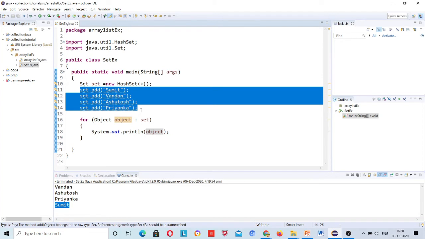You can cross check this by implementing it in your systems. In technical terms you have to answer: list preserves the insertion order, but set does not preserve the insertion order, right? So this is the basic difference between list and set.